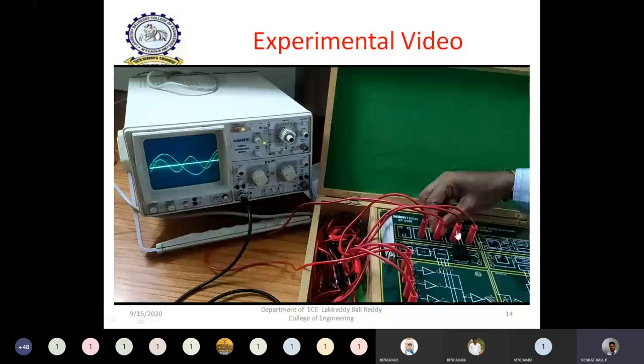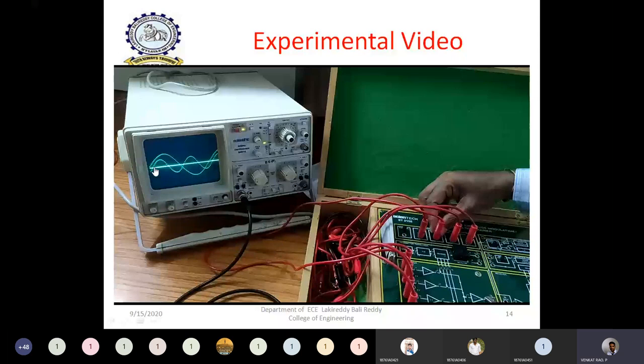For example, one signal is given first, having some amplitude like this. Next, the second signal amplitude I am slowly increasing like this. Then, if you observe exactly at this point, I have given only 2 signals having different amplitude and different frequency. If you observe the output on this CRO screen, you can clearly observe how the 2 signals are multiplexed. This is the time division multiplexing of 2 signals only.